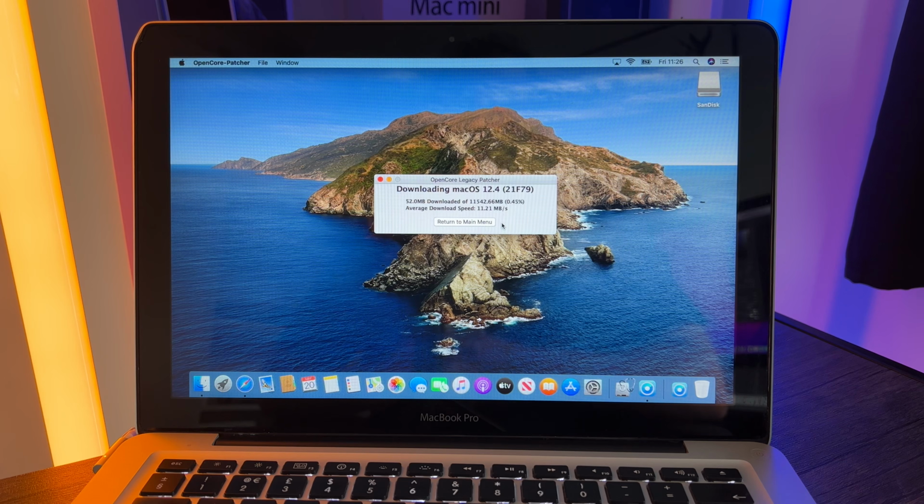Now, depending on what type of hard drive you have inside, and also how fast your internet is, it depends on how long this will take to download. So what I'm going to do is skip this to the end, and basically what you guys can do is just pause this video for now until you've completely downloaded macOS